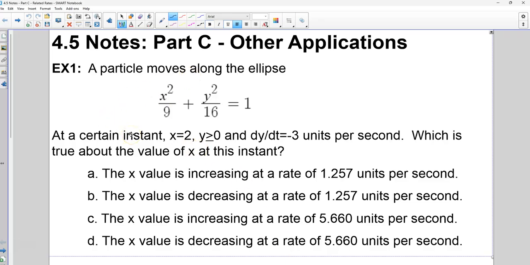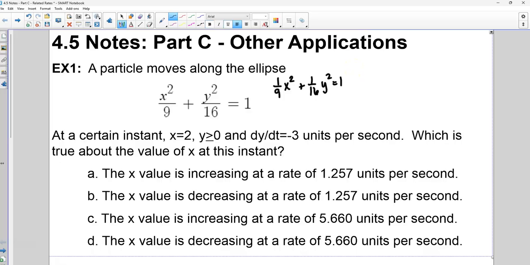But you are still going to have to do some of the work by hand, because the calculator is not going to take the derivative of this for you because it's an implicitly defined function. So they can safely let you use the calculator and still test if you know how to take a derivative here. So for this problem, I would think of this as 1/9 x squared plus 1/16 y squared equals